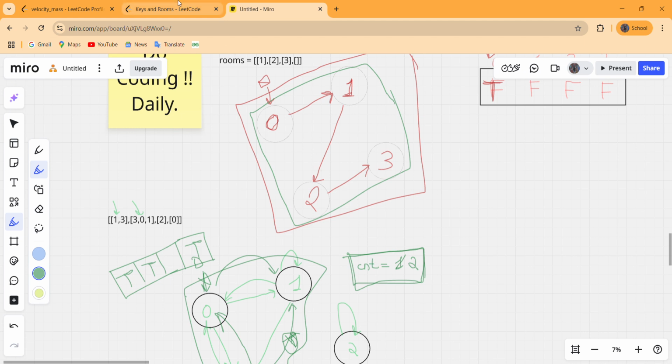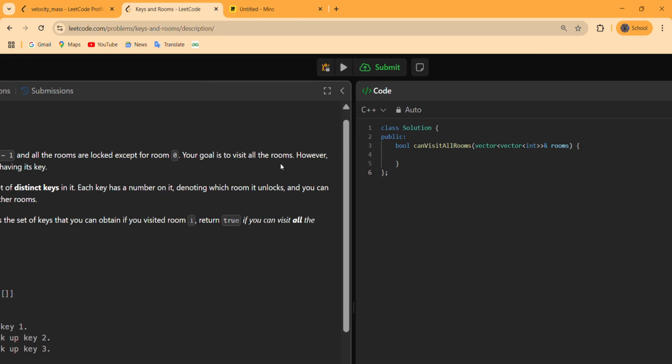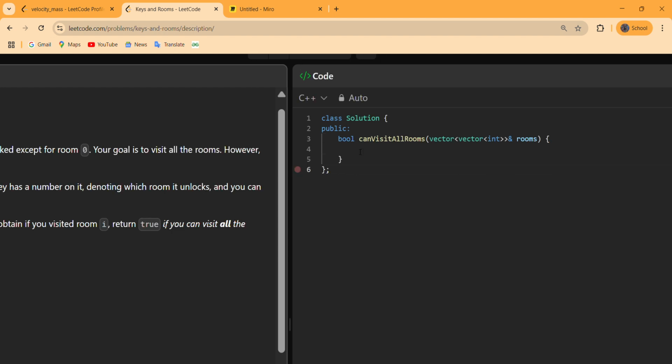So let us code this and check if it is correct or not. Let us first take the size of the rooms. We have to take care of every index, that means every room. So mark a visited array, that is previously false.